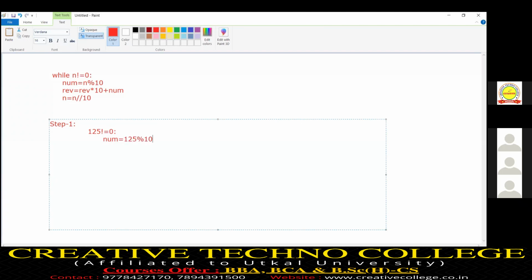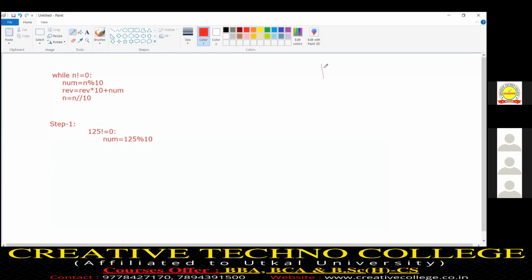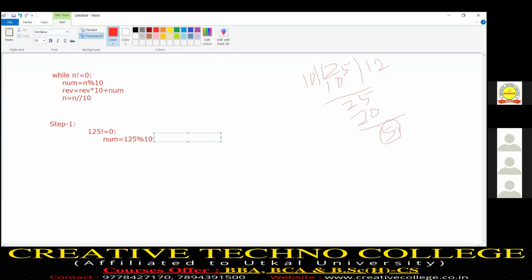So what is the value of 125 modulo 10? Modulo is the remainder value, an arithmetic operator. 125 modulo 10, the remainder is 5. So 125 modulo 10 equals 5. Okay. Then